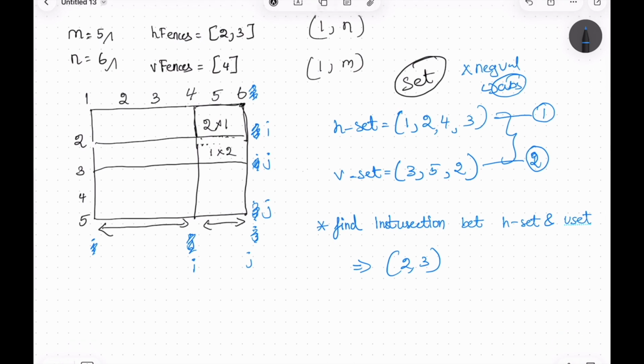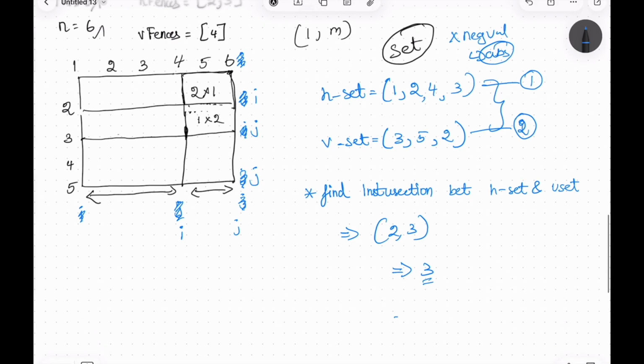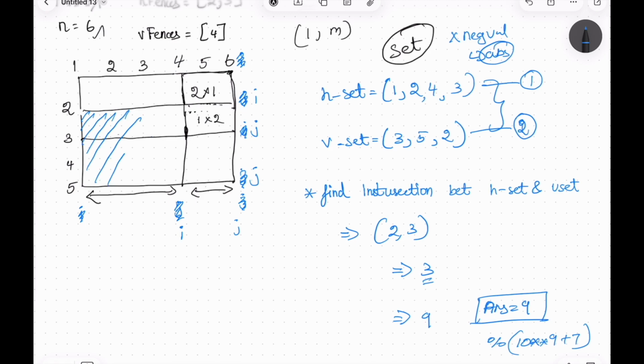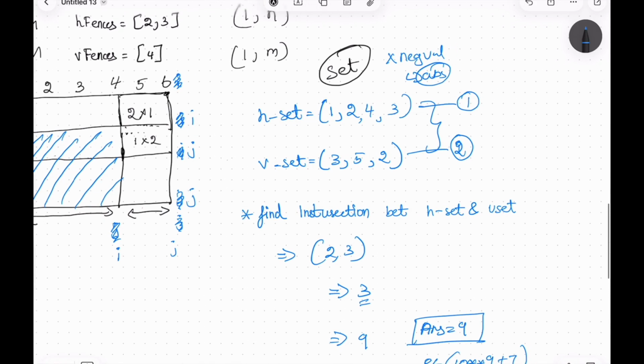which will be 3, right? And the square of this will be 9, which is the output. So the answer will be 9, and this should be returned after performing modulo with 10 power 9 plus 7, right? So by this we can say that the area lies here exactly, right? With this observation, of finding the set and finding the maximum among the set, we can jump into the solution,